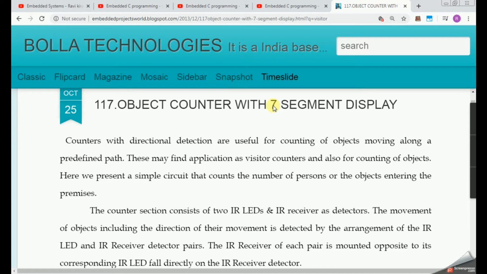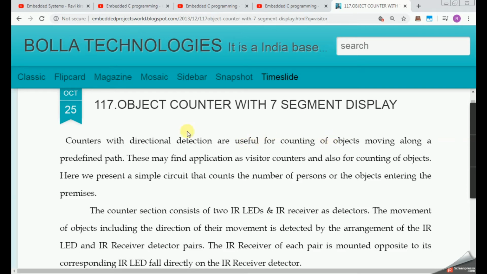Whenever a person enters through the entrance gate, the sensor detects that some person entered, and the counter will be incremented by 1 in the display. Whenever some person exits from the exit gate, the counter will be decremented and the counter value is updated in the display.